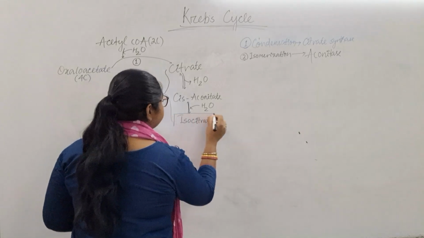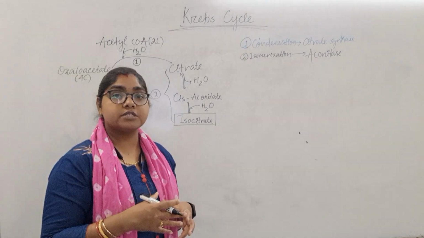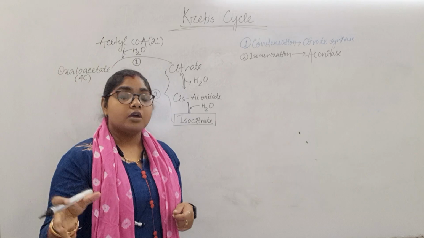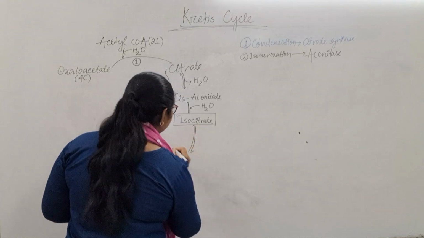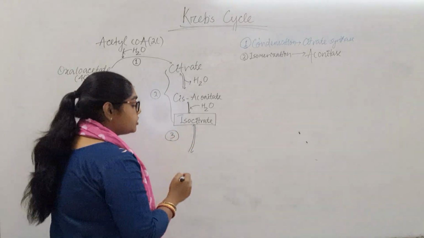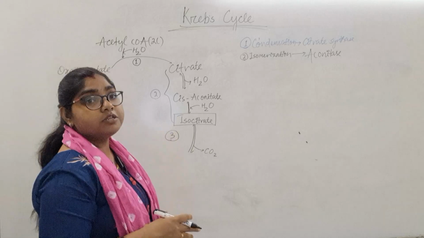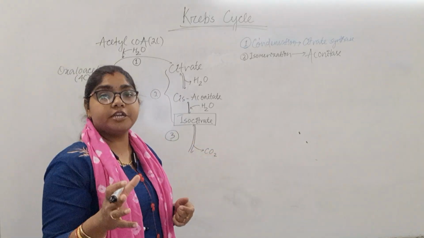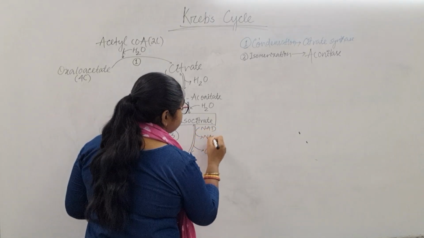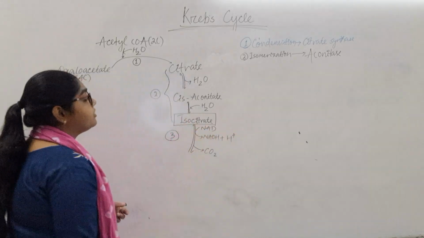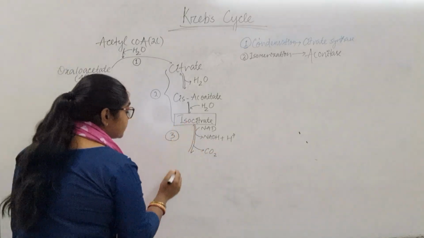Now this isocitrate will undergo an oxidative decarboxylation process. Decarboxylation means it removes one carbon group, in the form of carbon dioxide, and oxidation means it undergoes an oxidation process. When oxidation is taking place, there must be something to be reduced. So here NAD is reduced to NADH and H plus ion. It removes a carbon dioxide molecule and produces NADH, and after this isocitrate converts to